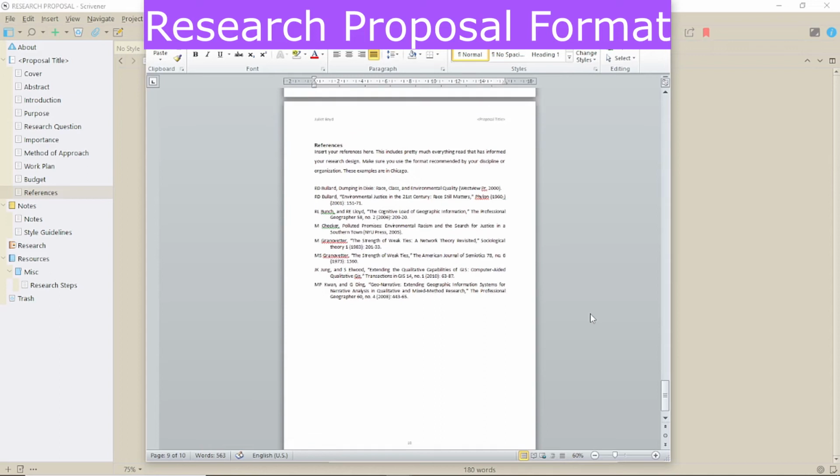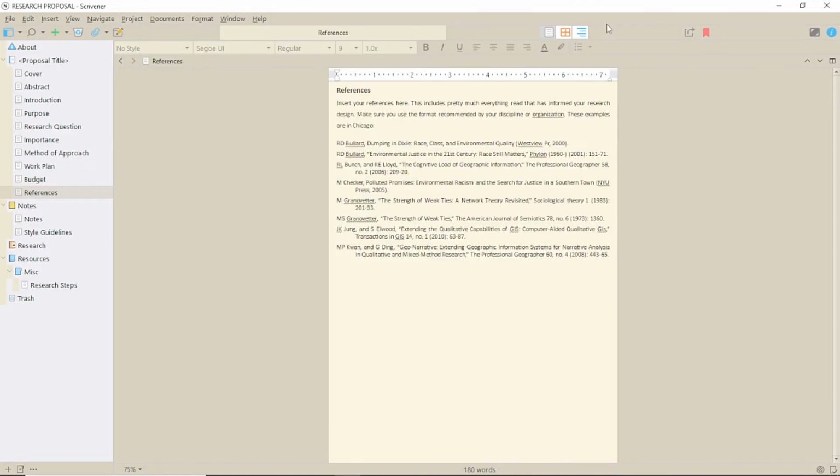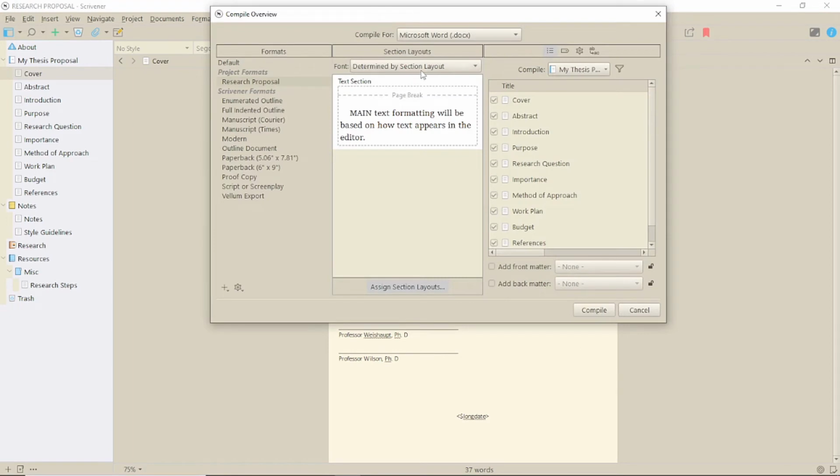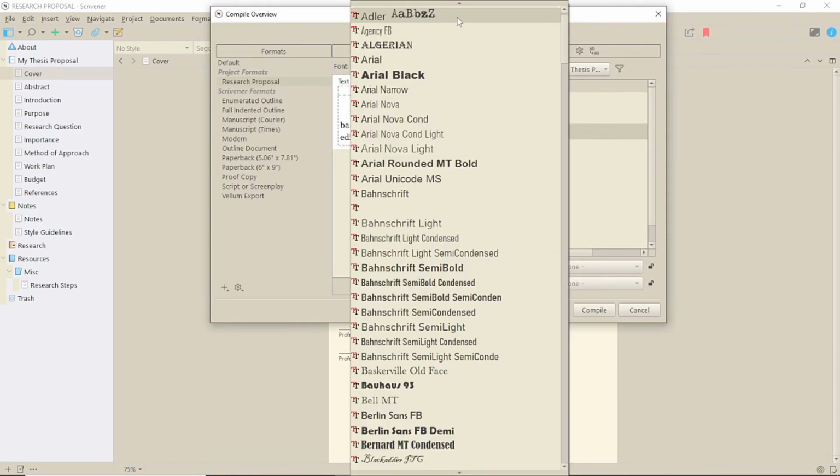So let's delve a little into adjusting the format in Scrivener if this doesn't work for you. First, I'm going to change my title in the binder so that it appears in the header. Now, you could do a global change of font in compile if you wanted, but that would cover all the pages, and it's possible you might want something different on the cover, for example. If not, do it in compile. It's by far the easiest.